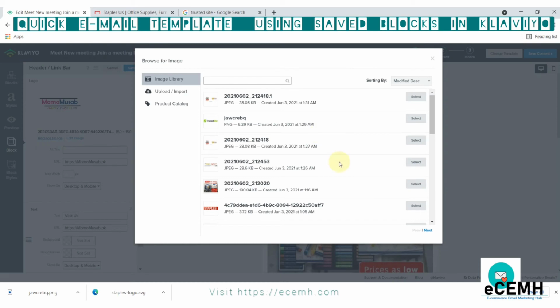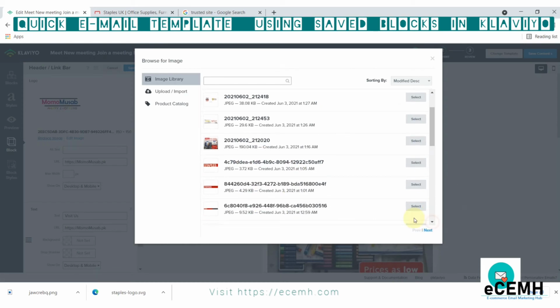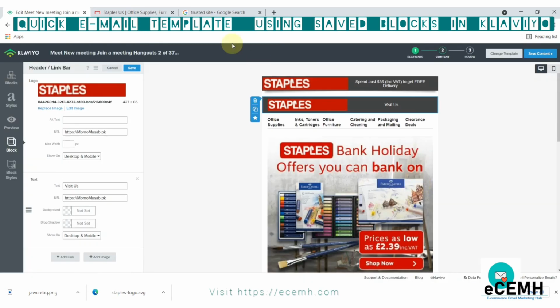We will go to replace image. I have already uploaded the images, so we will select the respective image. Here, this is the text. Here we will paste this text. Spend just $36 or £36 or ₹36, whatever.